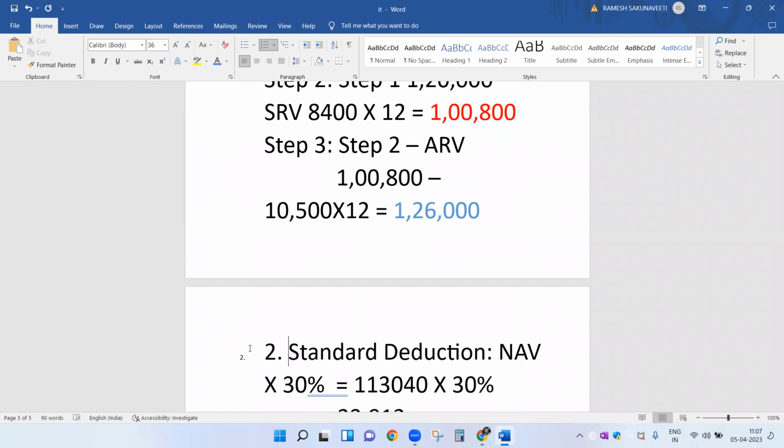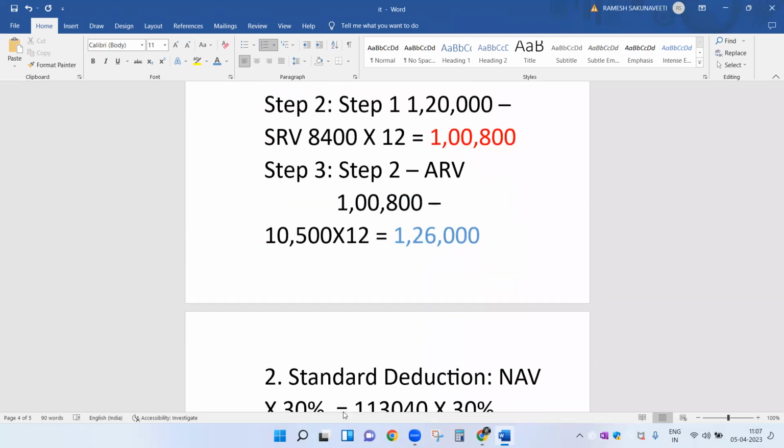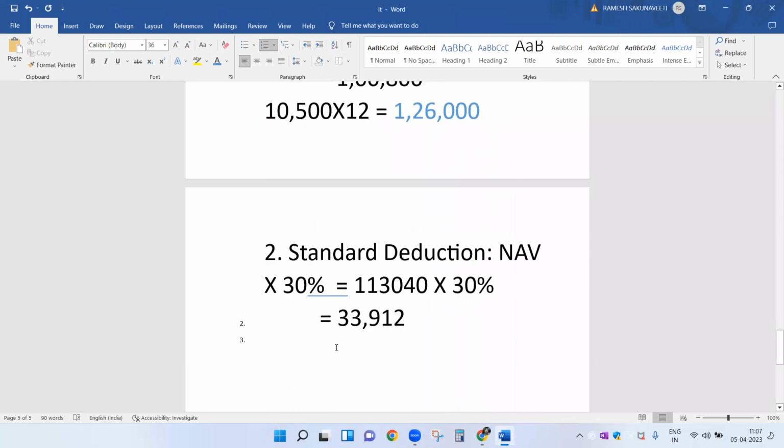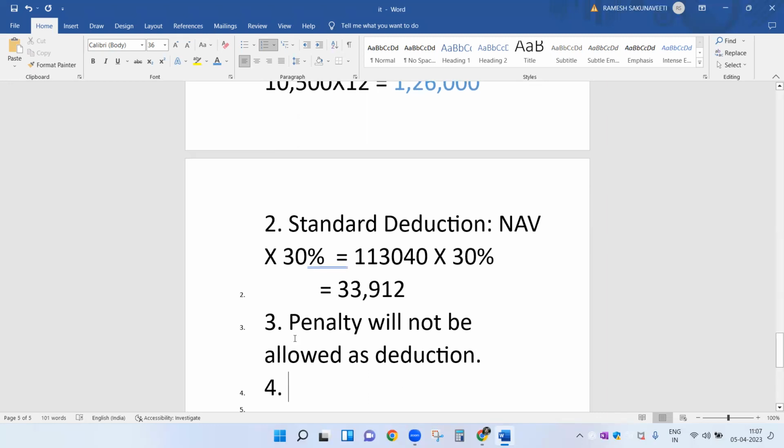So this is the second one. Write it. 33,912, right? 33,912. What you have to write in working notes: penalty will not be allowed as deduction. Will not be allowed as deduction. Fourth point, you have to write another point. Another point also we have to write. That is,